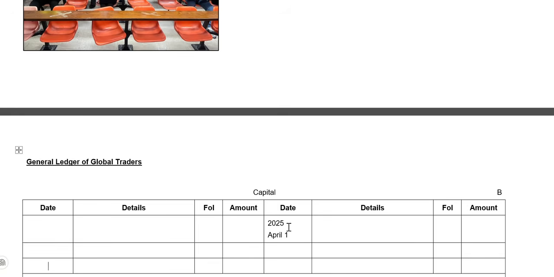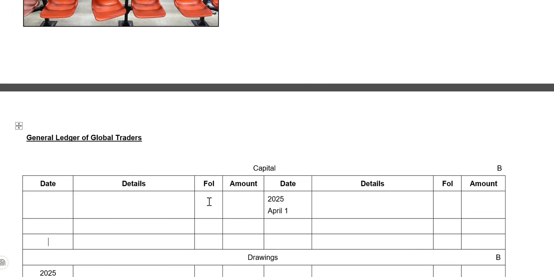I've already entered the dates. In a test, you will get a template like this, and you will have to complete the general ledger accounts. Now, under details is the name of the other account that was affected by the transaction. We are in the capital account. There's the heading there. The other account for this transaction